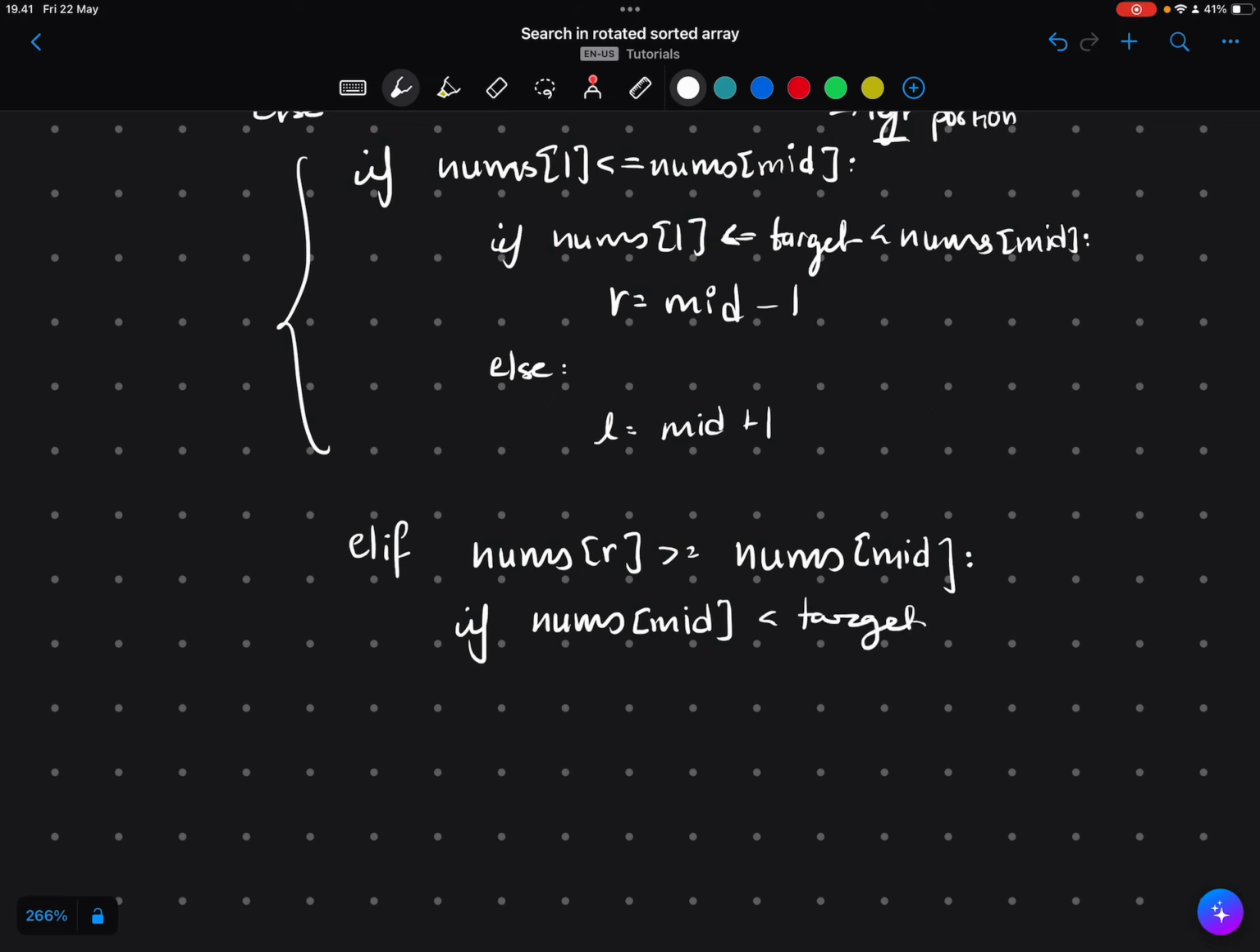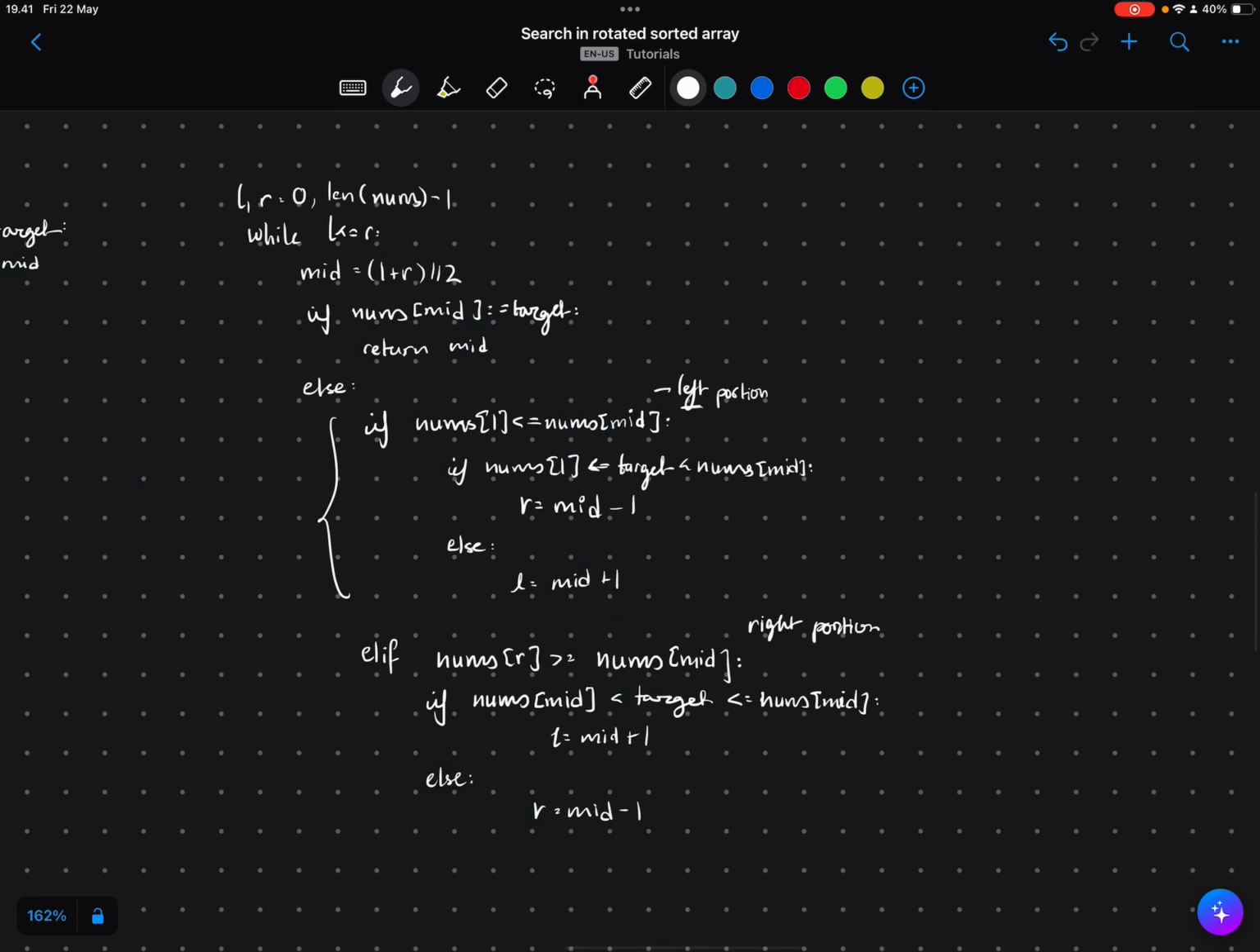So our right portion is sorted with this statement. Let's check if the target is in bounds. If it is in bounds, then we are happy to check the right portion. And how do you go to the right portion? L is mid plus 1. If it is not in that portion, then we'll go back to the other half. And at the end of all of this, if you don't find anything, then like any other binary search, just return -1. And that's